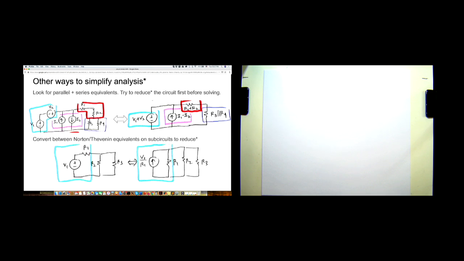In this case, notice that if you care about this voltage between R1 and R2, after simplifying, you can no longer figure out what that voltage is. But hopefully, if you have solved this circuit, you know what the current is through these resistors, and you also know what the voltage at this point is. So using Ohm's law, you can go back to your original circuit and calculate, using the current that you found, the voltage that you were interested in in the first place.